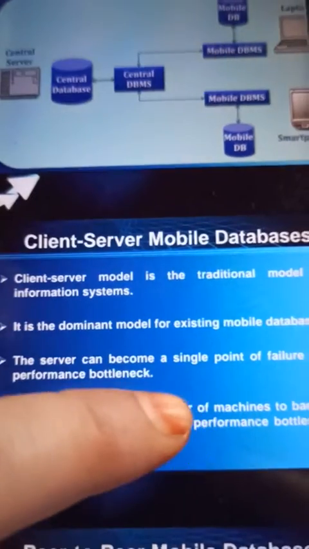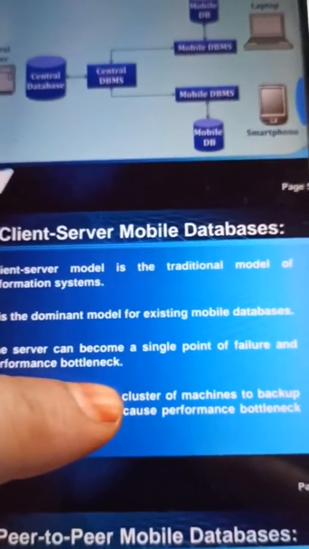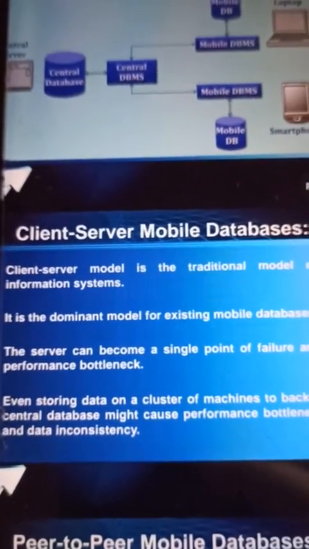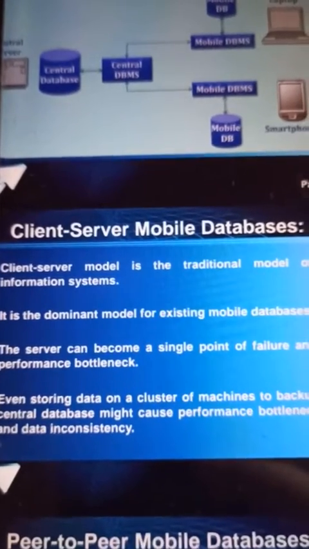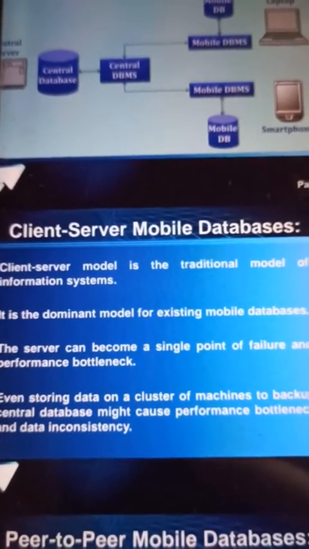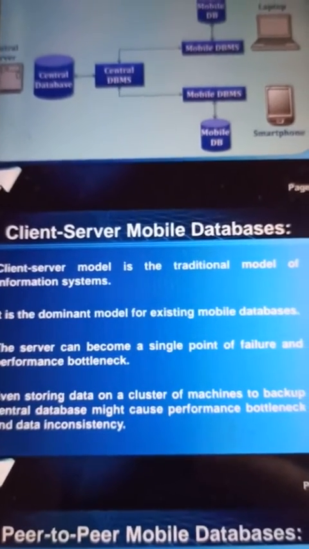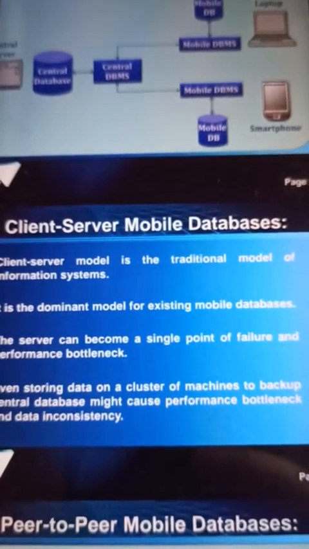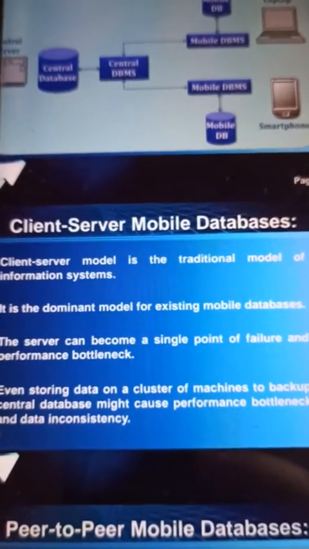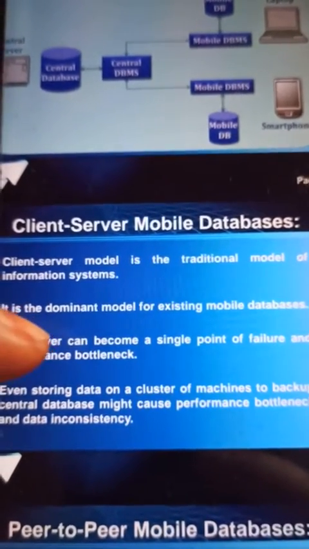The client-server model is the traditional model of information systems. We all know about the client-server model. It is the dominant model for existing mobile databases. The server can become a single point of failure and a performance bottleneck. What is the meaning of this?